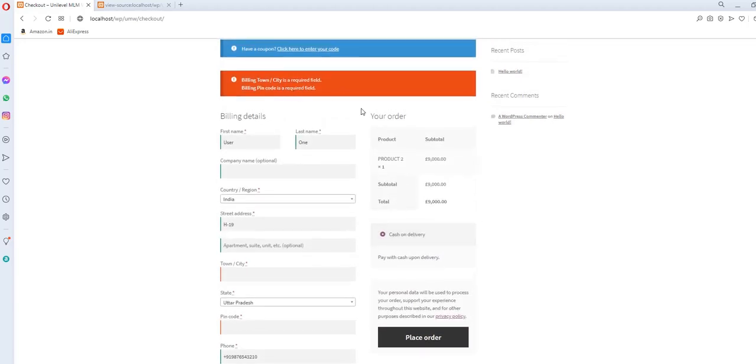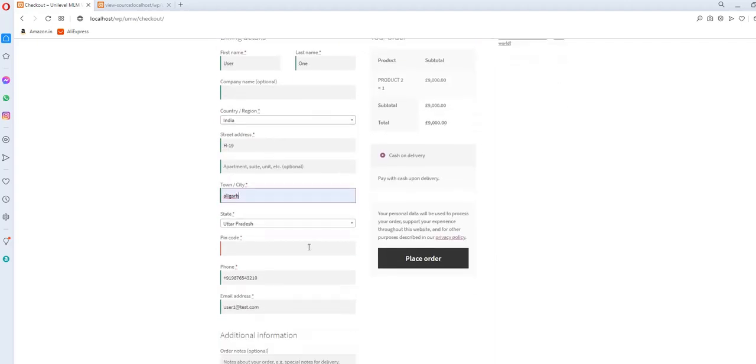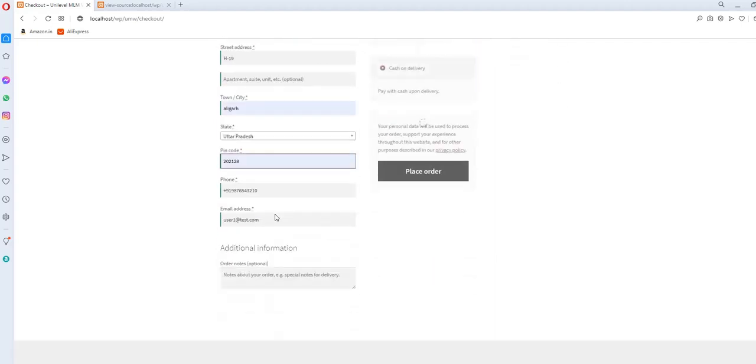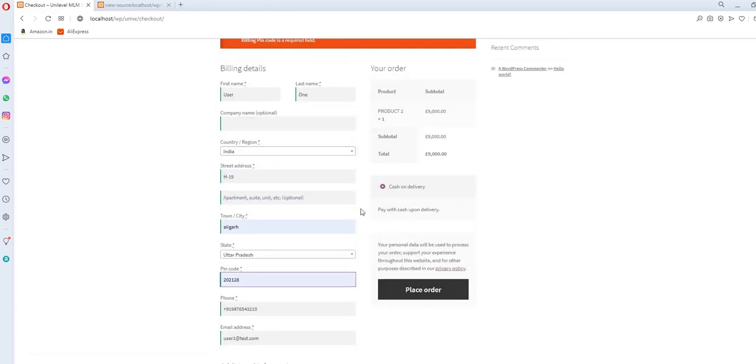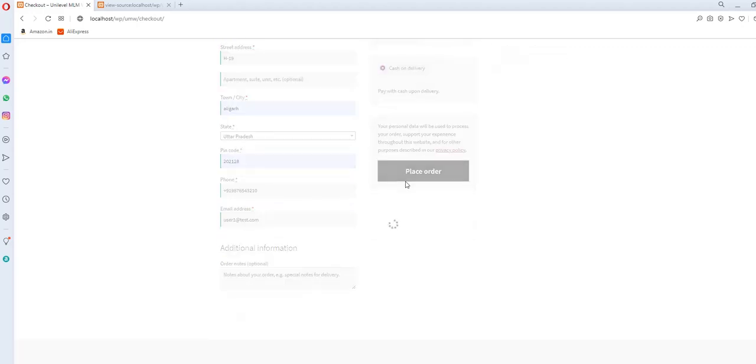City address is required, billing pin code required. Okay, so I am putting here the information. I am placing the order. So the order is being placed.